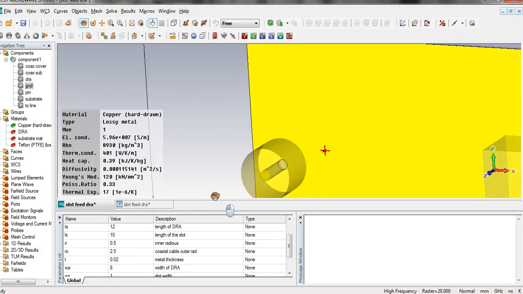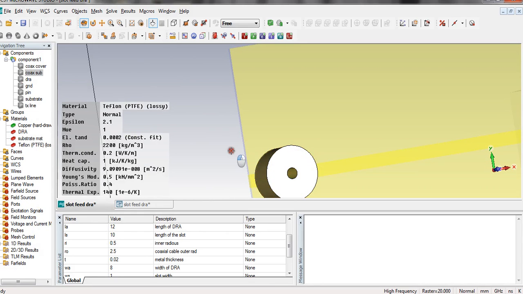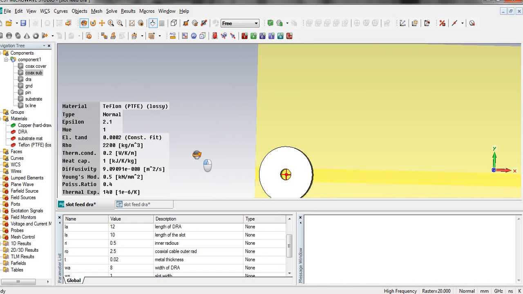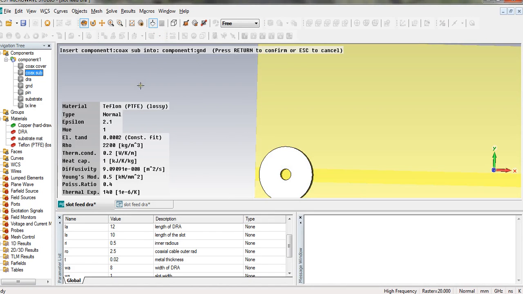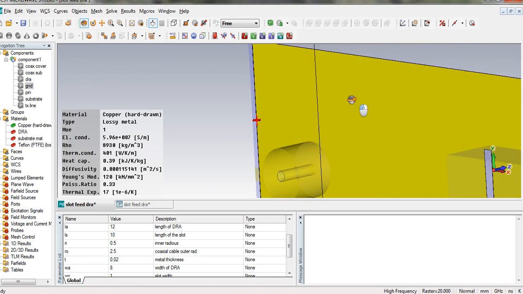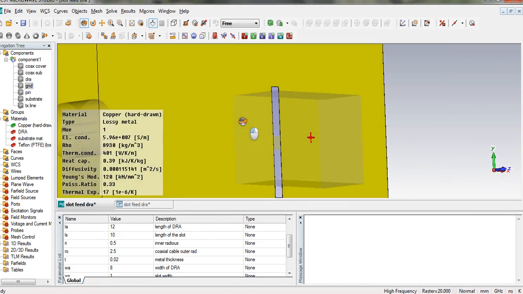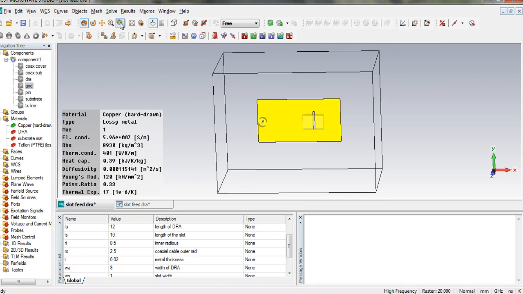Is it inserted? No, I don't think it is inserted. Oh, sorry, the ground. Yes, I have to press the ground, then I have to insert the coaxial substrate and press enter. It is showing like this. Why is it not entering? Is there anything wrong? Oh, I have forgotten to